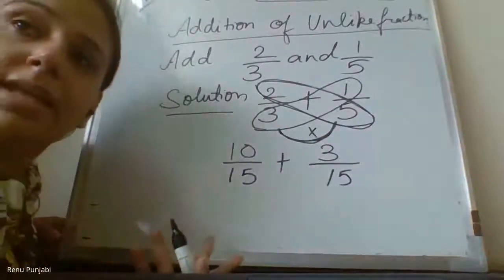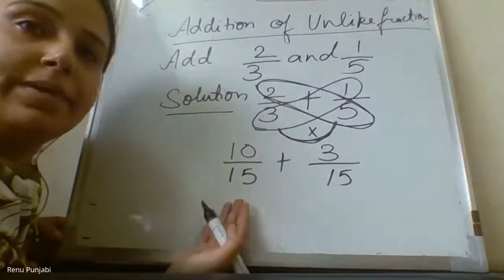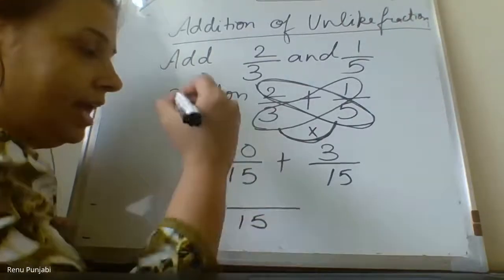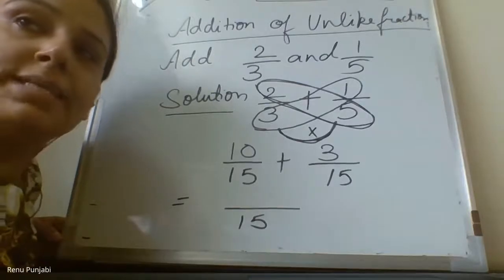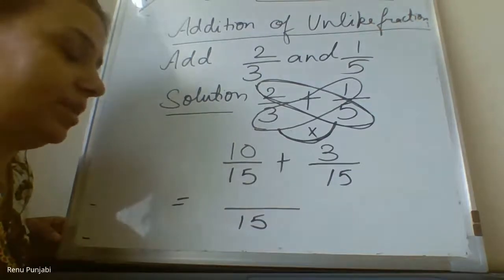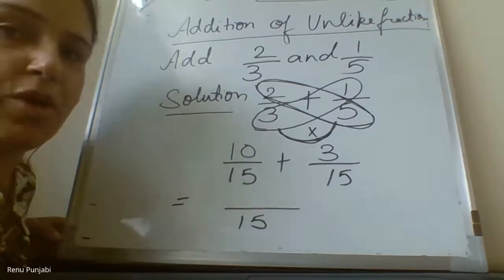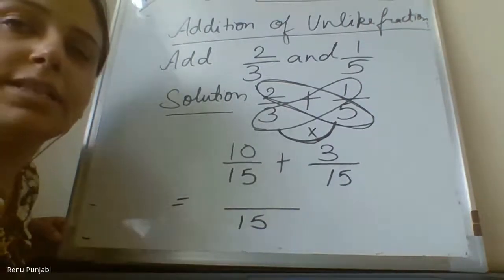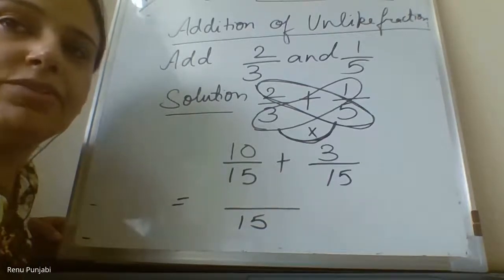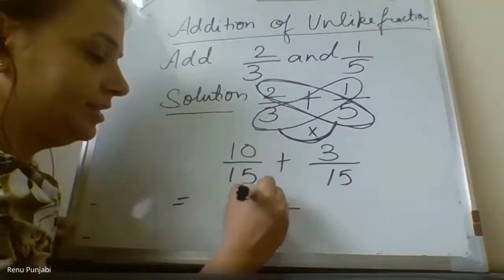Now after this, I think you must be clear, after getting the denominator the same, what is the next step? Our next step is to take the common denominator. What will be the numerator? Please write the answer in the chat box. Children, I'm waiting. Please write the answer in the chat box. Very good, Swara, Devanshi, Nishika, Aheli. Now, 10 plus 3 is 13 upon 15.